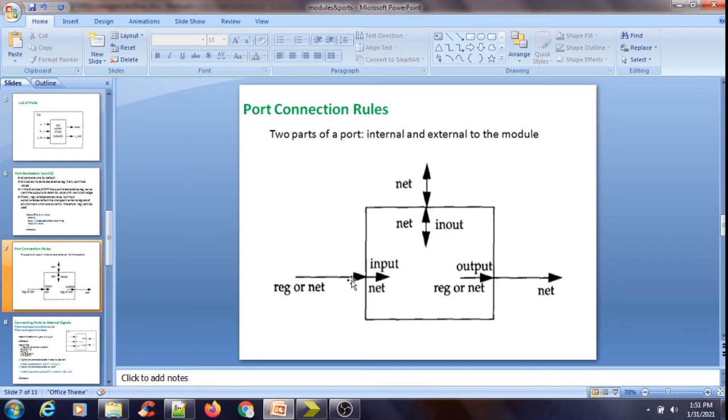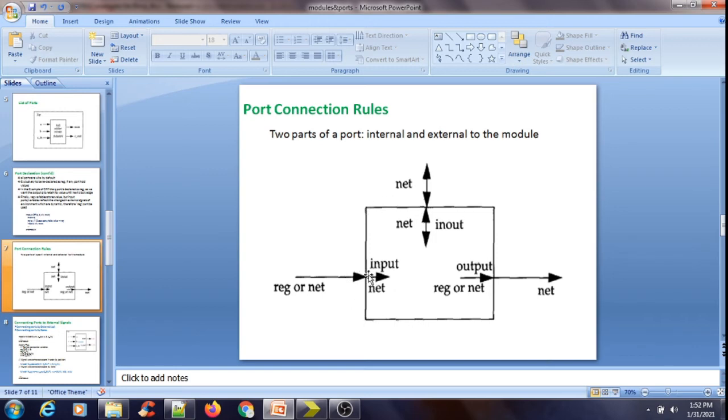If it is treated as an input internally, that means inside my module, all the input ports should always be of type net or wire. And in the output section, internally, output ports can be of type reg, because as per the module all the output ports are treated as a type of reg. This is internally, or inside the module. But coming to external or outside of the module,